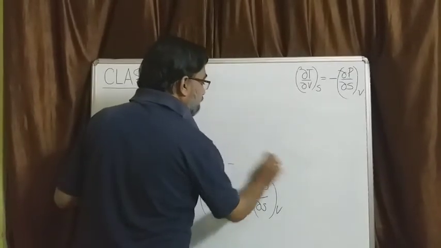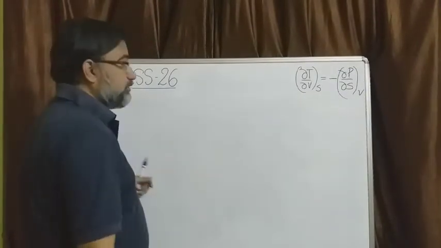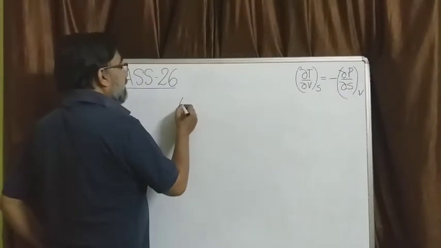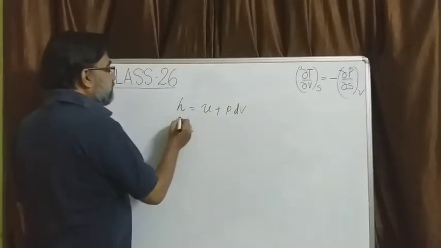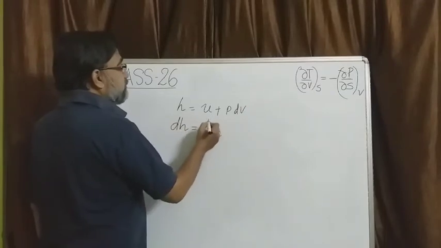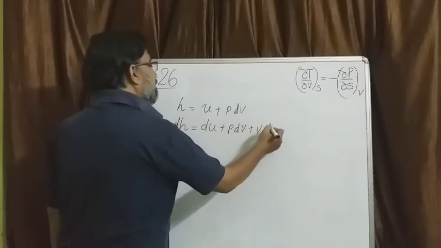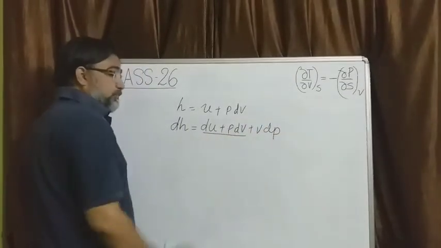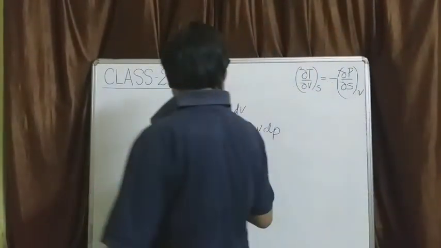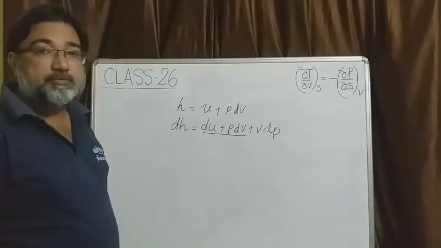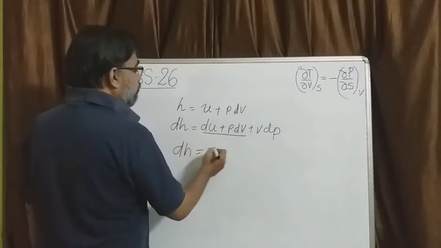Now we will go to the definition of enthalpy. Quantitative definition of enthalpy: H is equal to U plus PV. So if I write the differential form of dH, then this will be dU plus PdV plus VdP. And what is this dU plus PdV? DU plus PdV we already saw just here. DU plus PdV is your TdS. So dH is equal to TdS